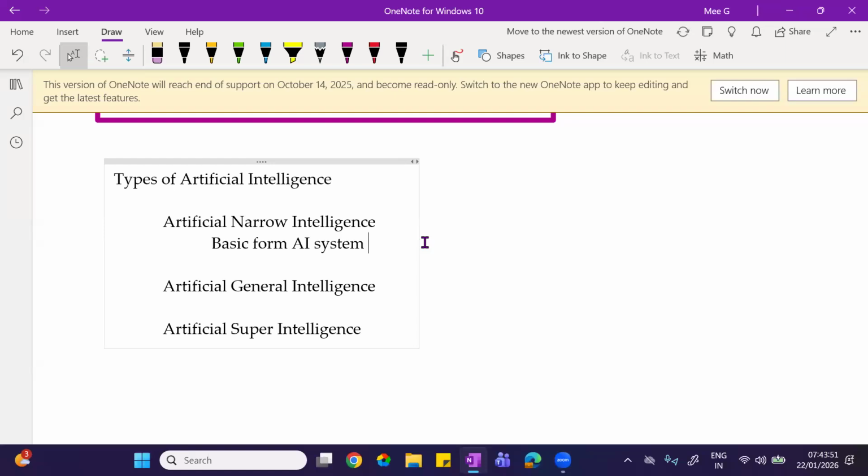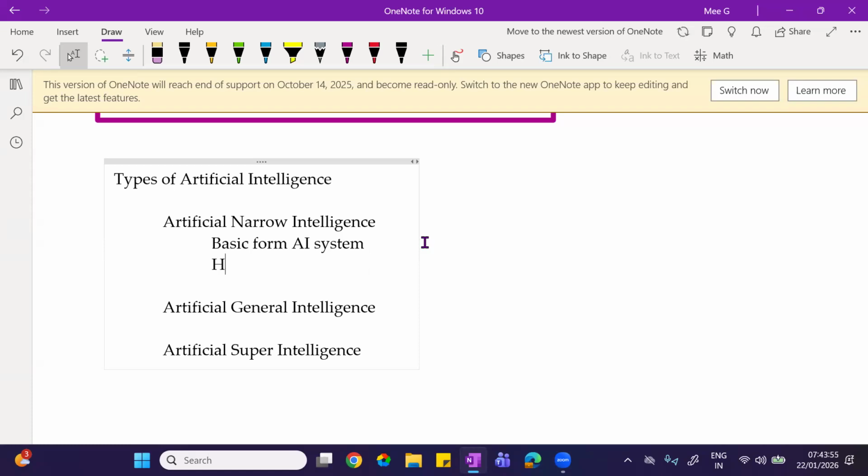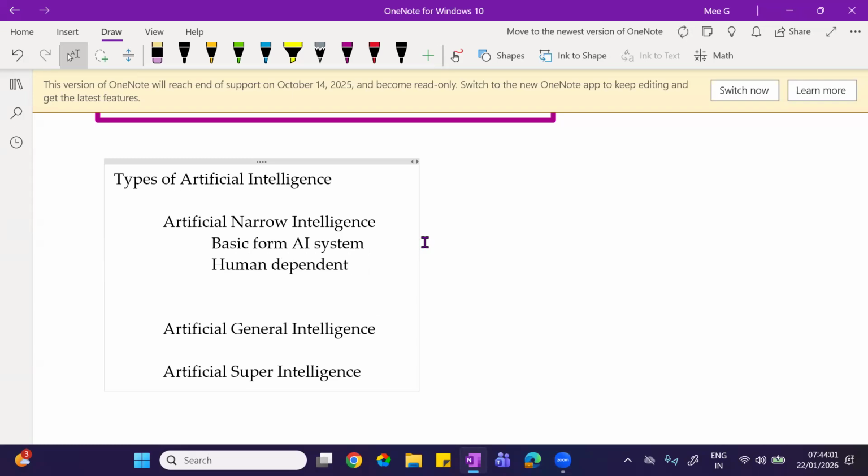Very basic form of AI systems, where they are completely human dependent. And they require data. They are data oriented. Okay. And this is the initial phase in AI.